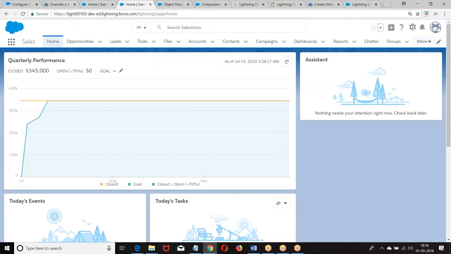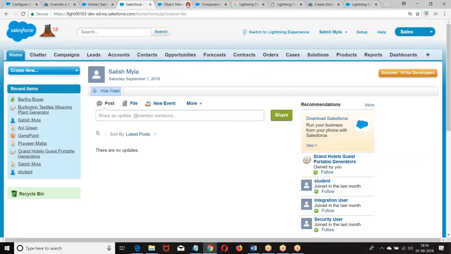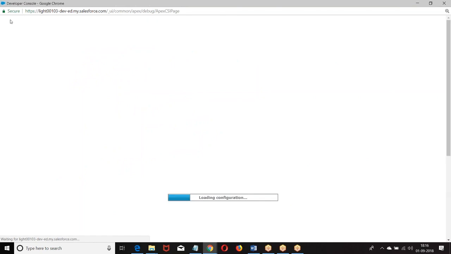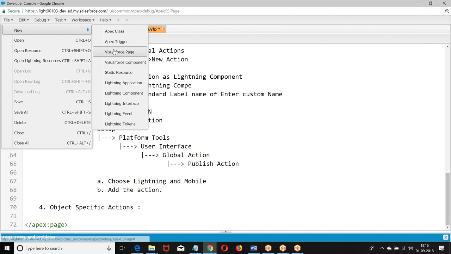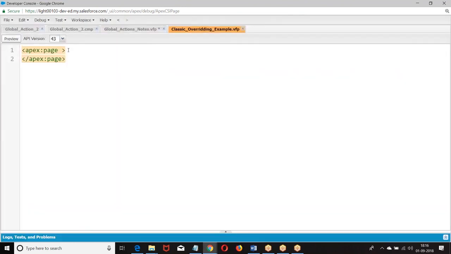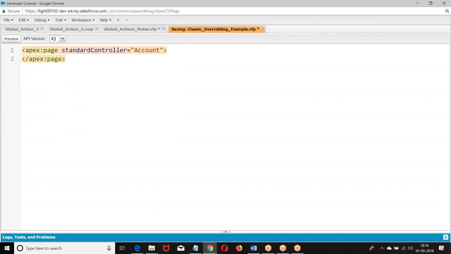Now, how are we going to implement this in Classic? I used to go to setup first. In the developer console, I defined standardController equal to account.